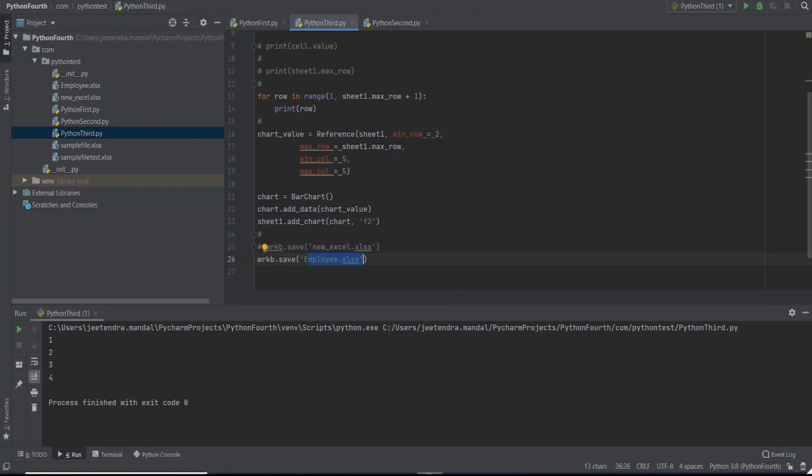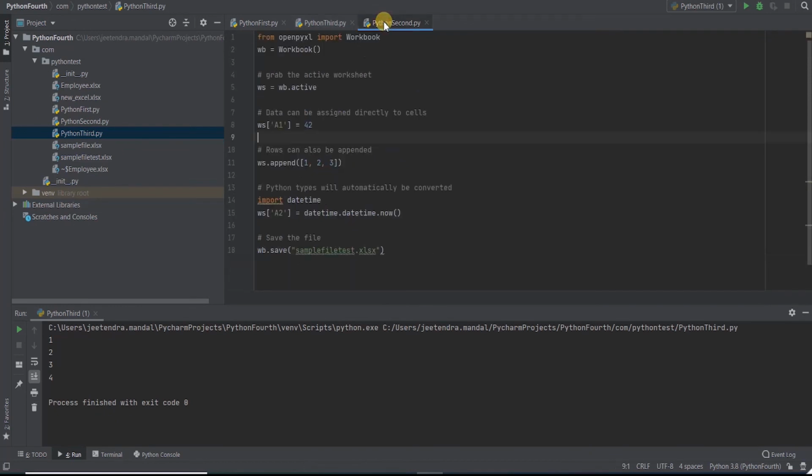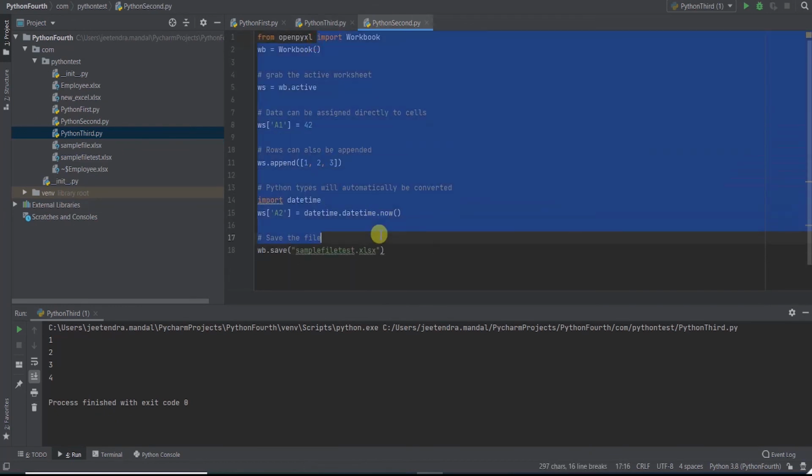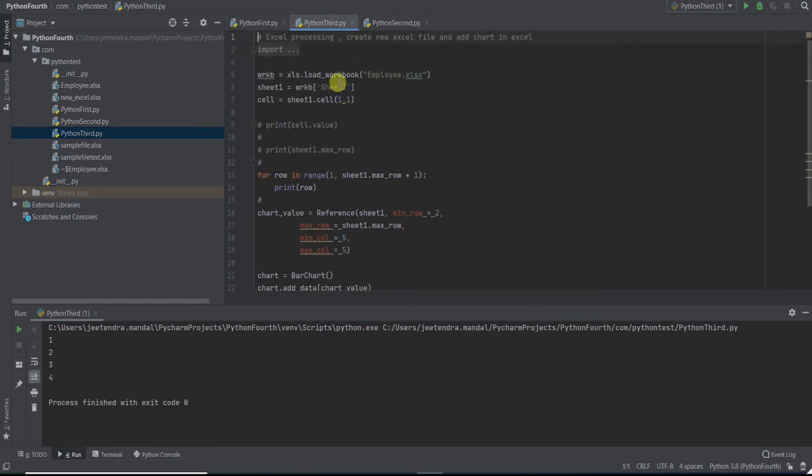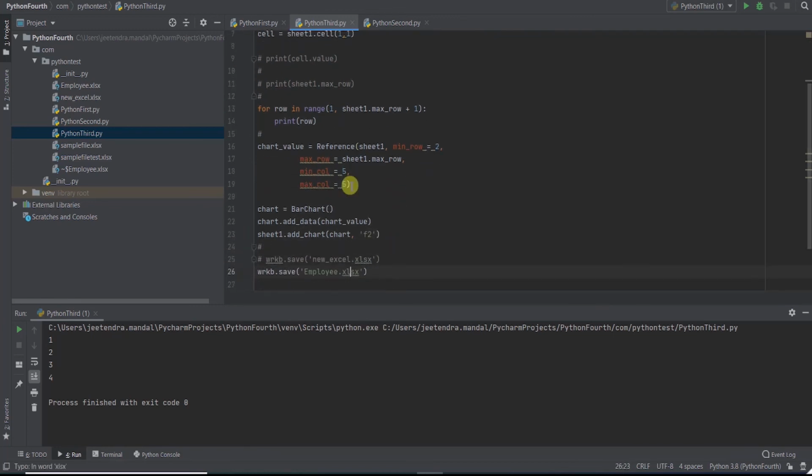So we have seen how to create an Excel file, how to load and process an existing Excel file, and how to create a bar chart and insert it. By processing like this, we can process thousands of Excel files, create new Excel files, or update the same Excel file.